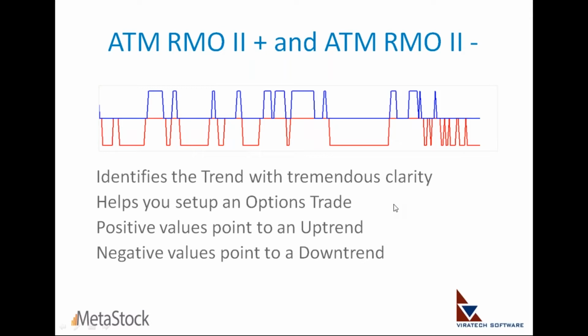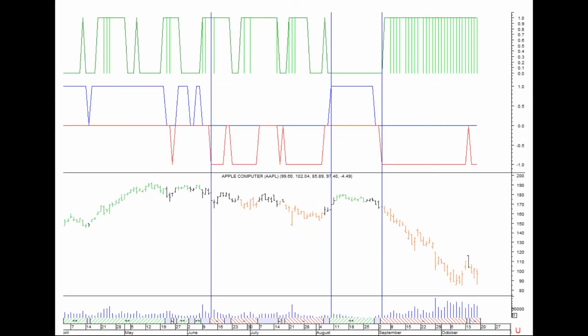But the real goal of using the RMO2 is for those of you folks who trade options. So if you don't trade options and you're even considering getting into options, maybe you want to just start by buying simple calls and puts. Let me take that kind of a strategy approach here. First of all, I need to understand the trend of the market. If the RMO2 is at a value of -1 or the red is below 0, that means the market trend is negative. Okay? And if the indicator is at a value of +1, you are obviously looking at the market being in strength mode. Below it, -1, the market is in a bearish phase. So trend detection is fairly easy.